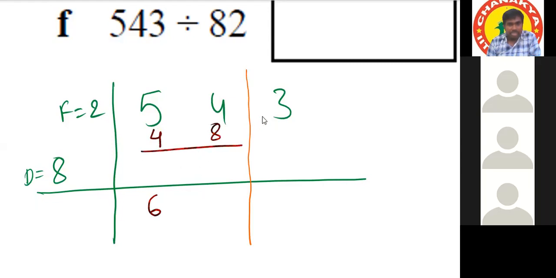6, sir. Write it before the next digit, and this number becomes 63. Okay. Then the divisor is over now. Flag multiplication. Yes, sir. 6 2s are 12. 63 minus 12 will be 51. 51 will be the remainder. Okay. So the answer for this question is 6 with a remainder of 51.